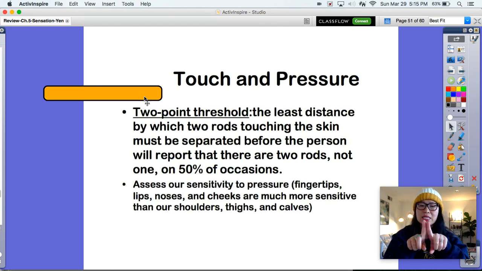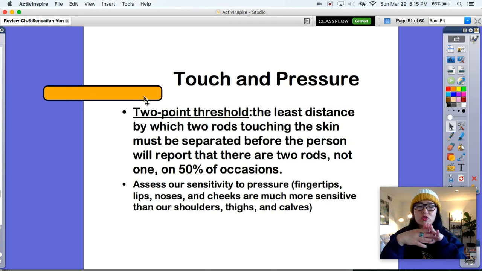What we did was we took 2 points and poked the skin. Things like your back, which isn't that sensitive, would take a wider distance for you to say, oh, I feel 2 points. Whereas on your fingertips, it would take just a small distance to feel 2 points, which proves that our fingertips are more sensitive than our back, which is why if we got a paper